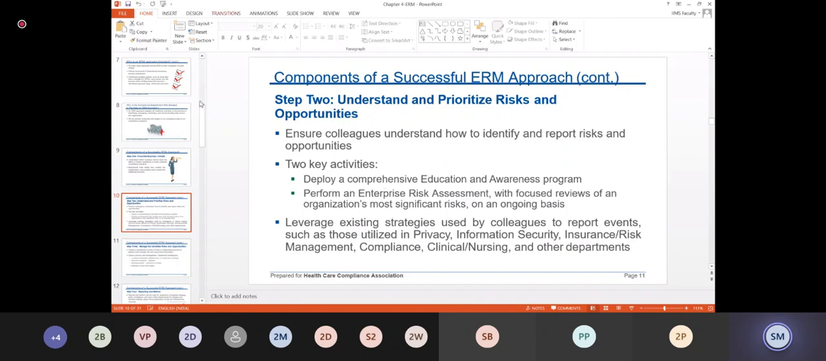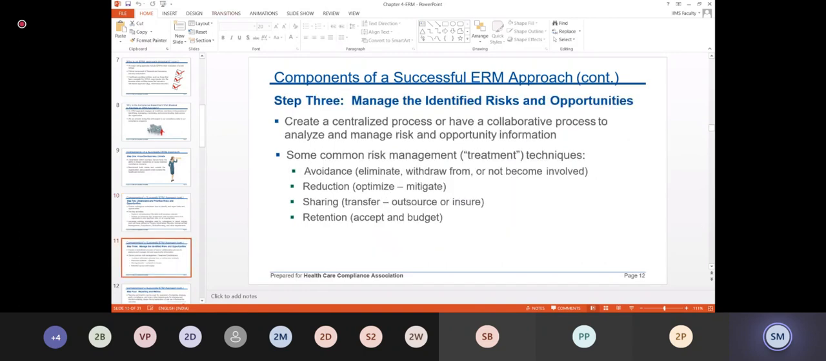so these are the things we'll discuss, how we can manage the risk. So first, there are maybe 4 strategies, 4 things we have to take care of. So manage the identified risk and opportunities, create a centralized